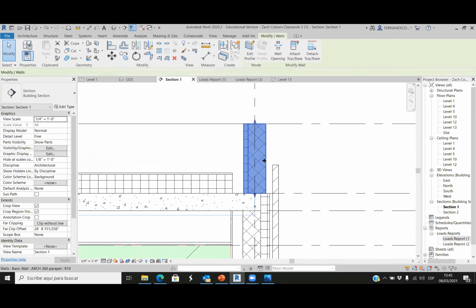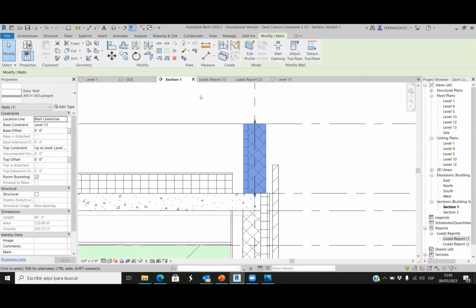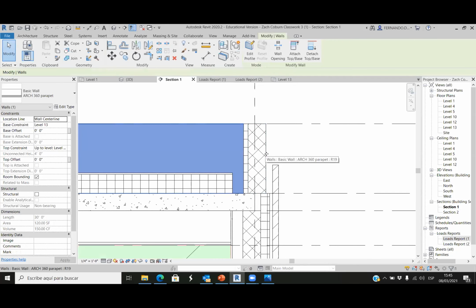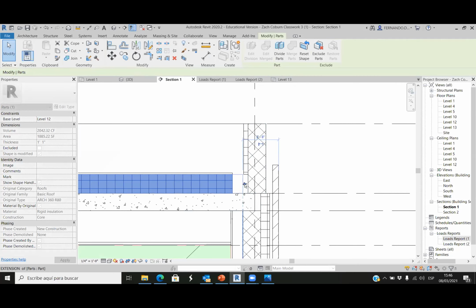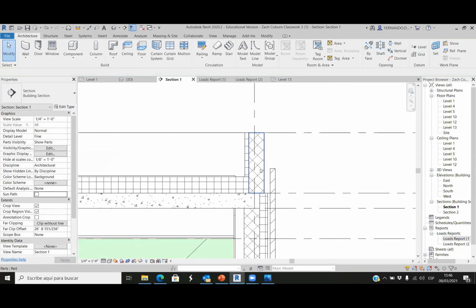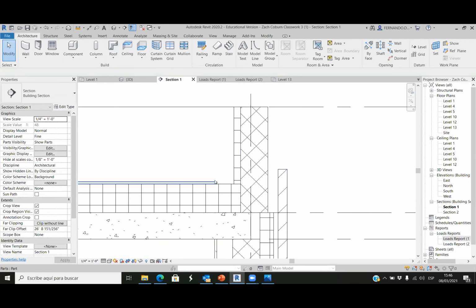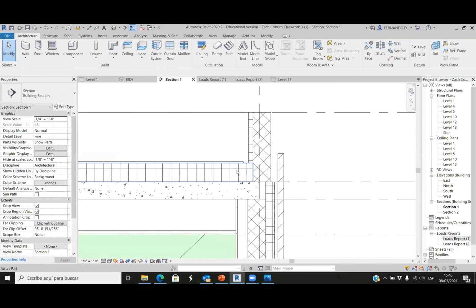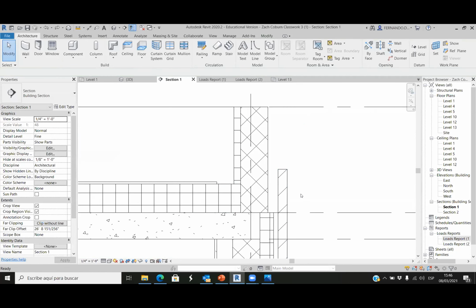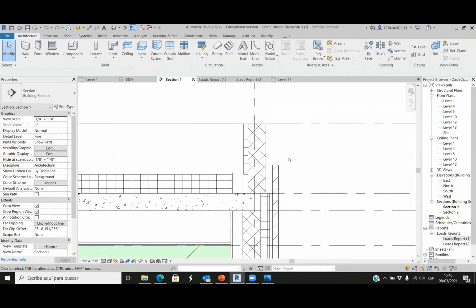So in this parapet, do we need to create parts? Well, why not? So let's create parts. So this is the concrete masonry unit. This is the rigid insulation. So I'm going to pull this rigid insulation here. This one, I'm going to pull it here. And then, okay, so first, sorry. Before creating parts,